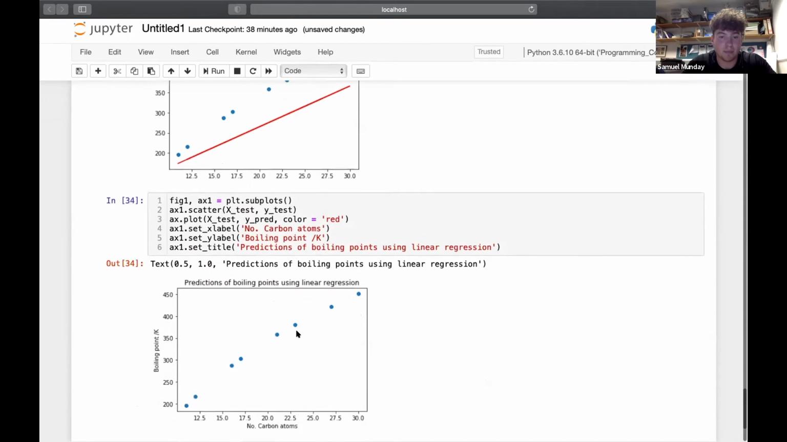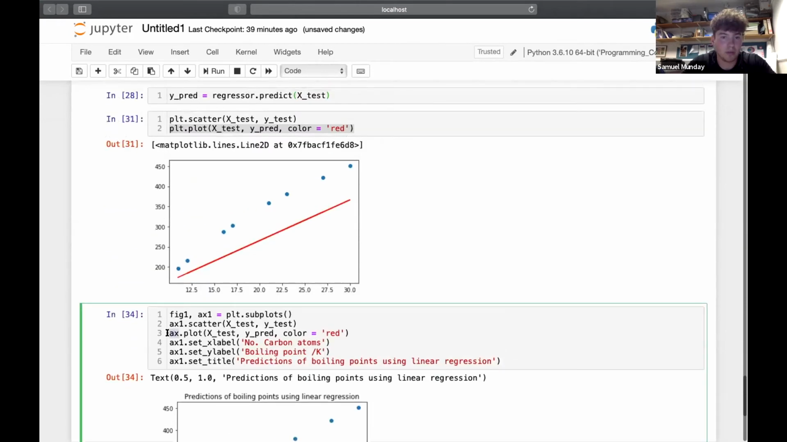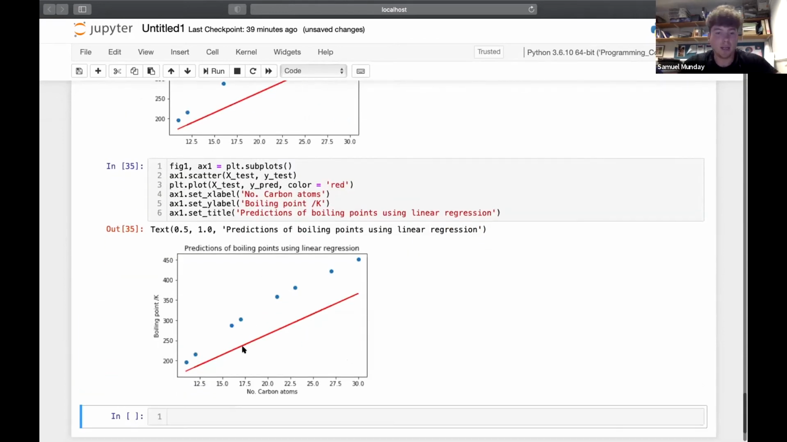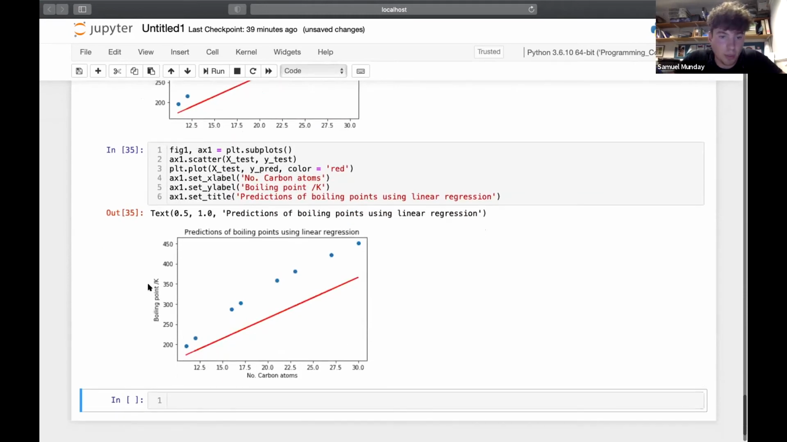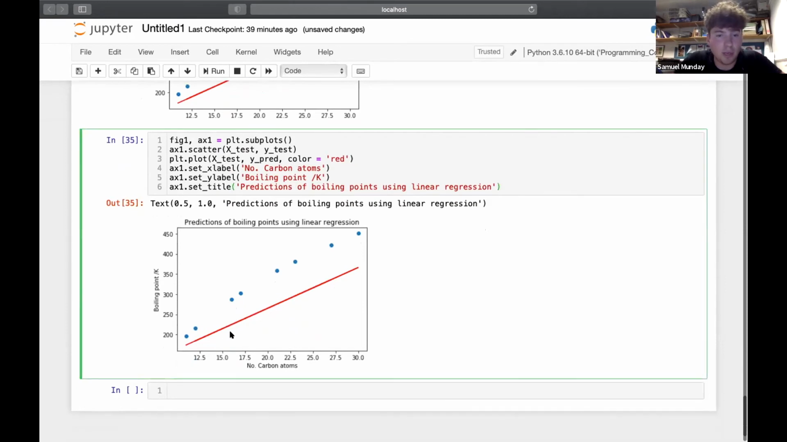There we go. And nothing's interesting. Nothing has happened. So let's just try. There we go. So boiling points up the side, number of carbon atoms, predictions of boiling points using a linear regression. As a takeaway, you might want to dig a bit deeper into this and find out what some of